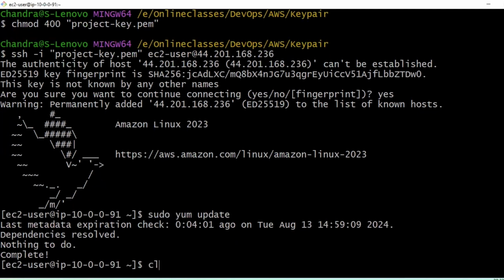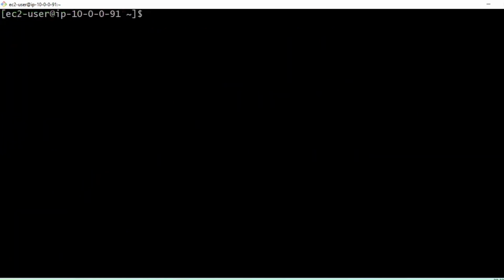Just type here clear, you can do run. Now you are there inside this server. Okay, now if you want to proceed with anything,